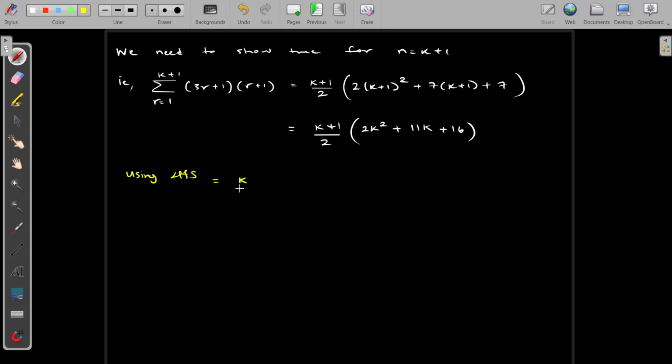That's k over 2, 2k squared plus 7k plus 7, plus the k plus 1 term, we're simply replacing the r with k plus 1. So that's 3 times k plus 1 plus 1, k plus 1 plus 1. Simplifying this,